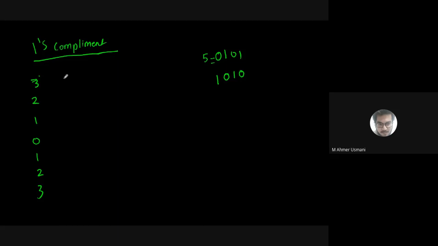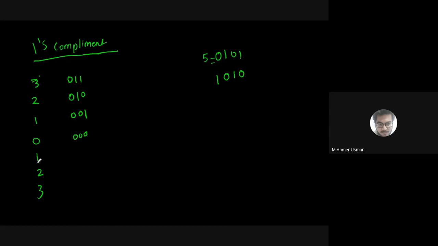Tell me how to represent 3 in binary. How to write down 3? 0 1 1. I'll just write 1 1, which means 3. If I put a 0 in front, I'm talking about +3. 2 can be represented as 1 0. I put a 0, so this becomes +2. 1 can be represented as 0 1, and if I add one more 0, still it is +1. Is this clear? Yes, sir. The MSB is still representing my sign, don't forget that. Then 0 is nothing but 0 0 0.